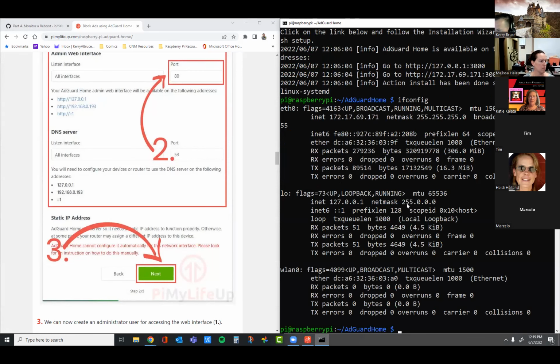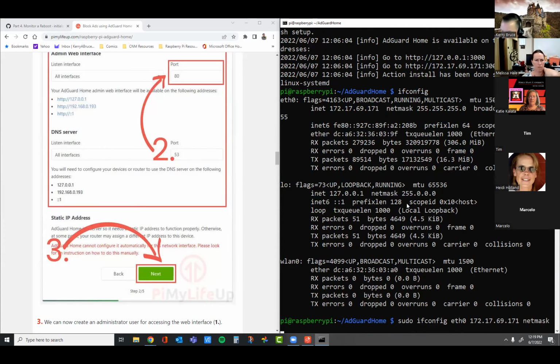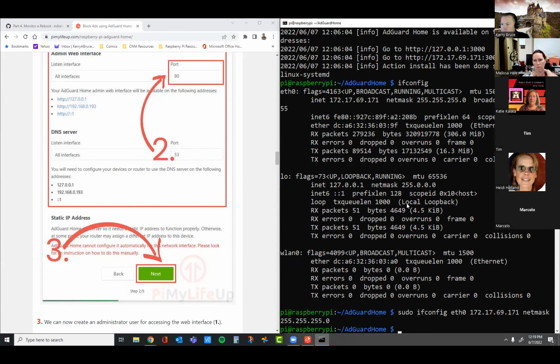I used this ifconfig command here to set the address exactly the same on my network.